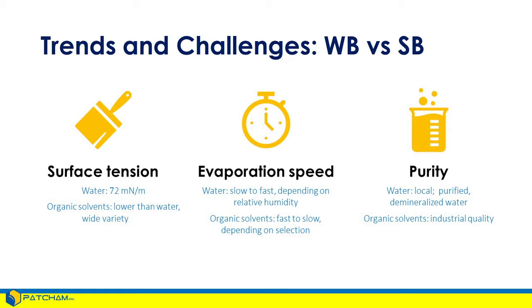But in water, it's a function of both temperature and relative humidity, because water has a very high surface tension of 72, which means that on lower surface tension substrates, water has great difficulty wetting these substrates. So in the transition of solvent-based to waterborne systems, suddenly wetting the substrate became a troublesome issue with waterborne coatings. And this is where we need to use specialty additives to lower the surface tension of the water.